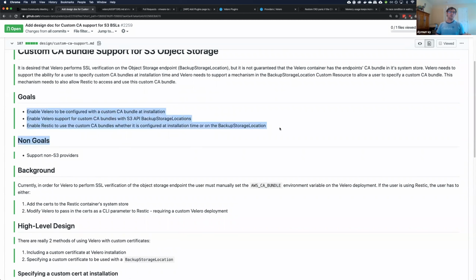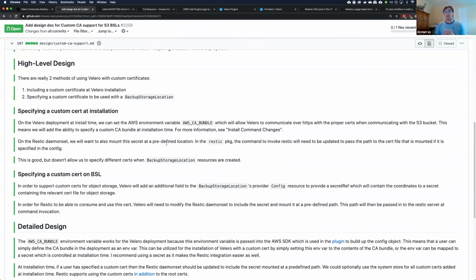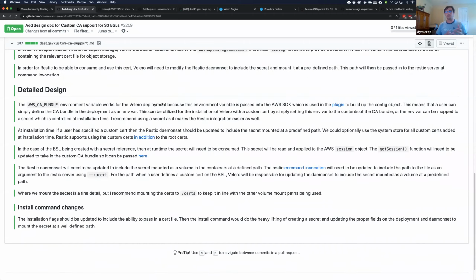But the real goal my team was trying to solve with the proof of concept was: when I create a backup storage location, how can I supply a secret, store my CA bundle inside of it, and have that used through the entire backup and restore process? From the Velero side, this isn't too bad, mainly because we're using the AWS SDK, so we can just apply the CA bundle to an AWS session object. The question I really wanted to bring up in the community meeting, and I encourage you to read the design doc in your own time because I don't want to run through the entire thing right now, is this: